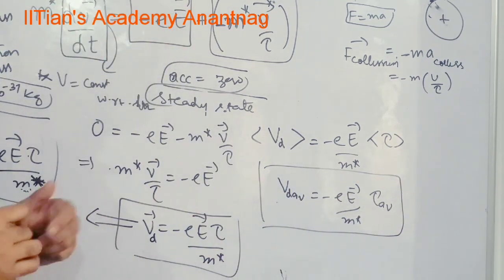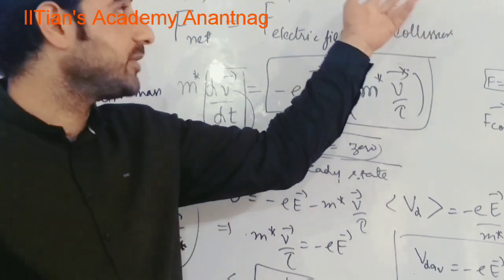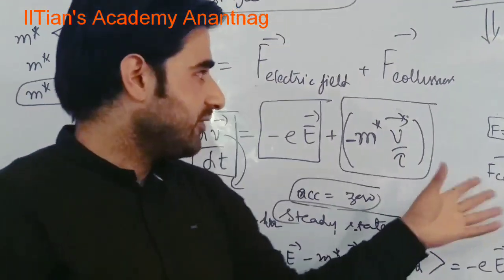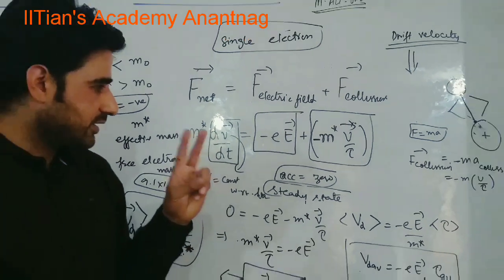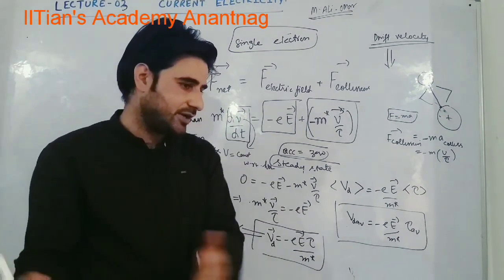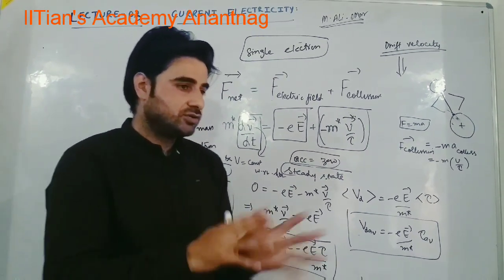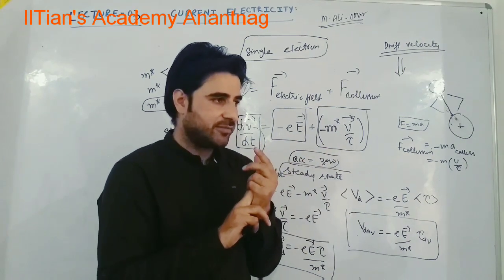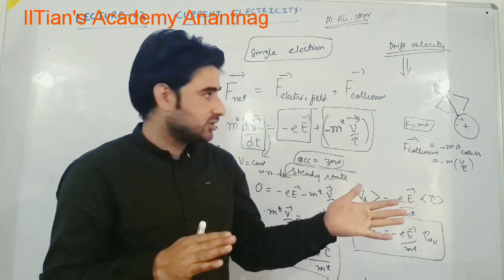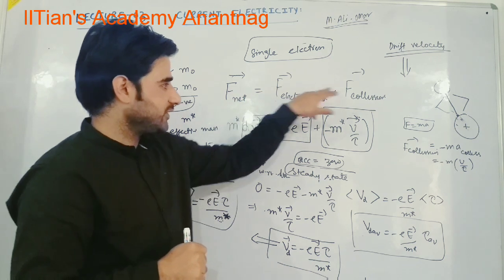I will repeat. The reality is this. These things I have taken from Ashcroft, Mermin, and others. When we apply an electric field to the electron, there are actually two forces. I said earlier that when your PT sir gives a command, it is not like you get aligned at once. आपके बीच में collisions भी होते हैं. So two forces will decide whether there will be alignment or not. Force due to electric field tries to align. Force due to collision tries to misalign. So net force will be force due to electric field and force due to collisions.